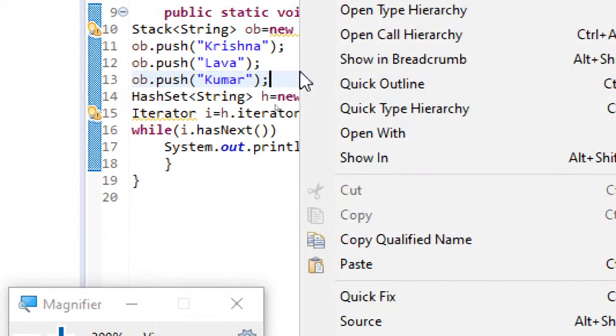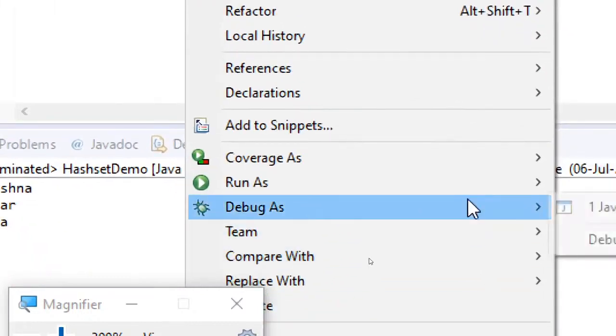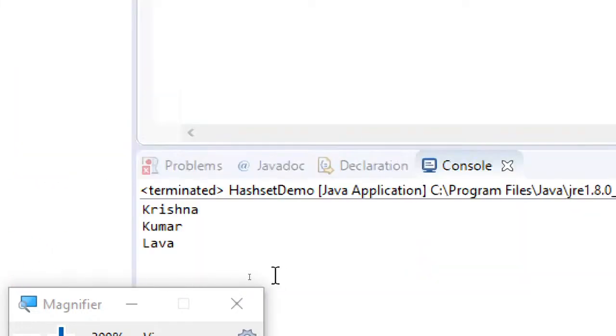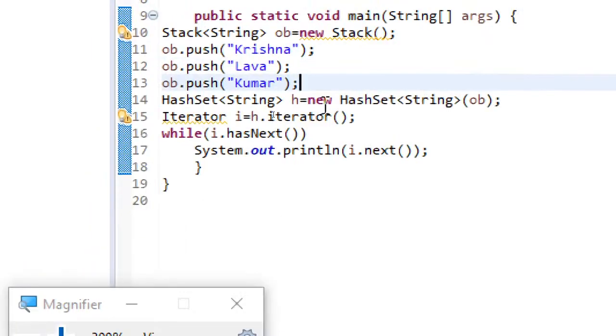This is the point I was telling you, unordered and unsorted. Right now you might be seeing this in sorted order, but remember that right now we have inserted only a few elements, but when you have more elements, you will see all that. So this is how you will be creating hash set.